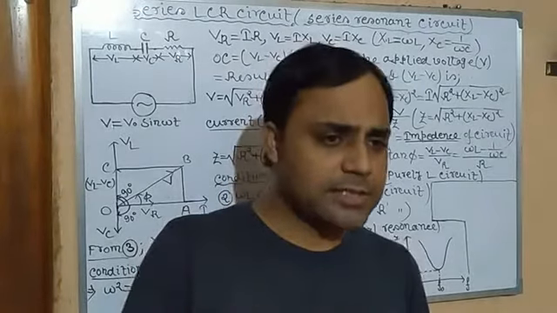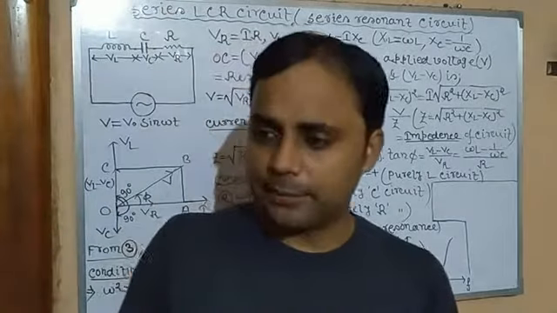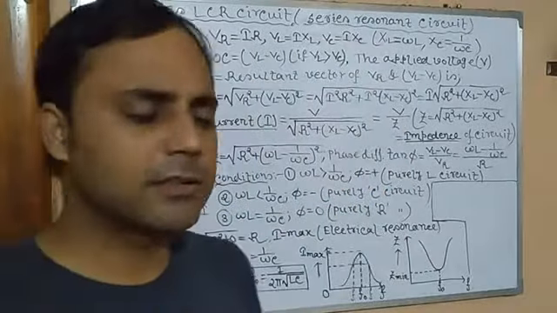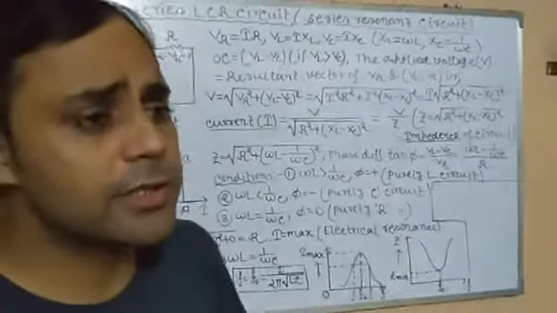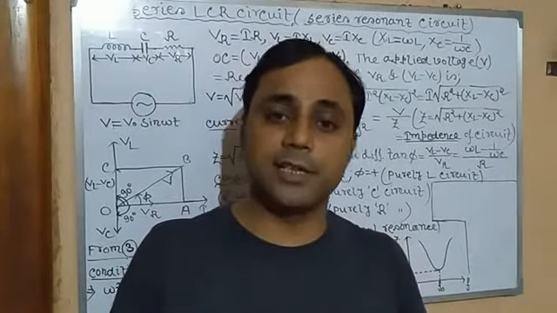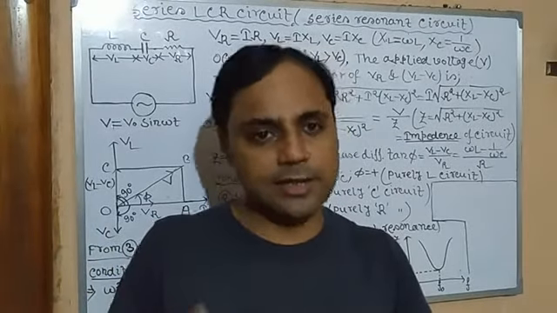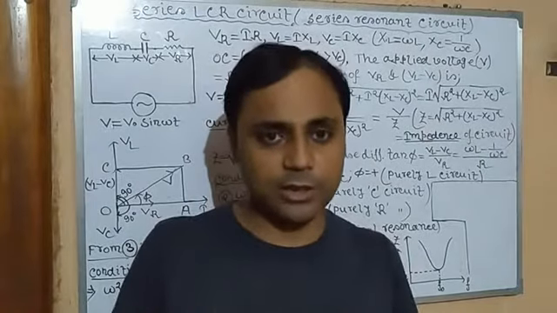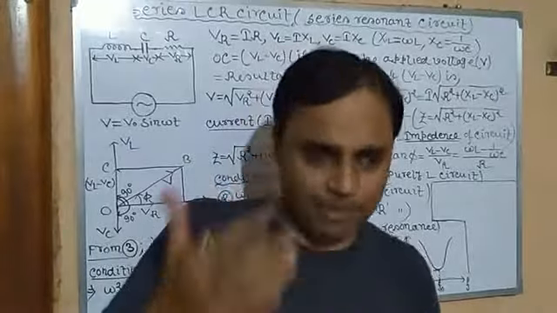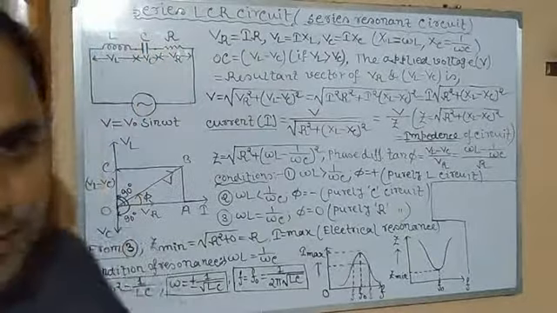The capacitor, resistor and inductor are the bodies of the elements, and the properties are called resistance, inductance and capacitance. You all know. Today we are going to discuss the AC circuit which contains all these three elements simultaneously, but in series. When a single circuit contains these three elements, that is L, C and R, inductance, capacitance and resistance, then that AC circuit is called a series LCR circuit.